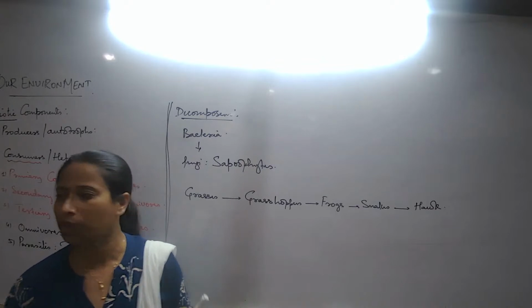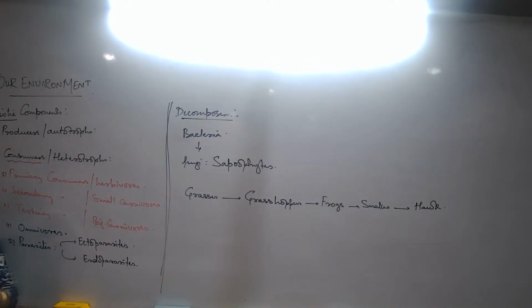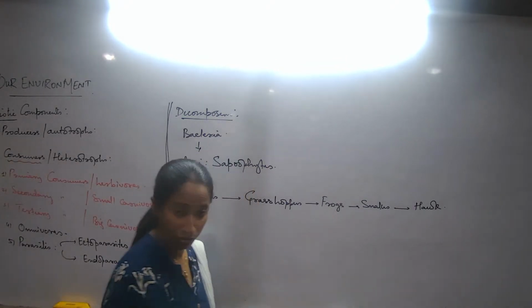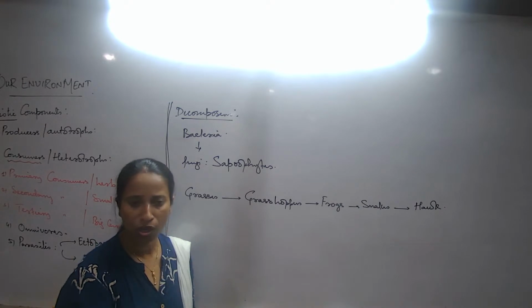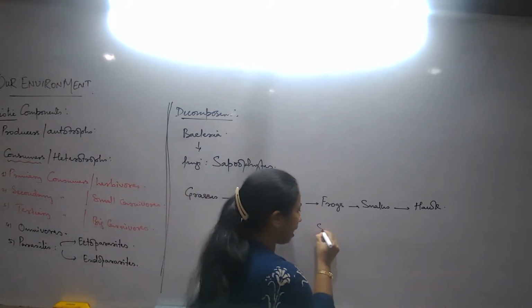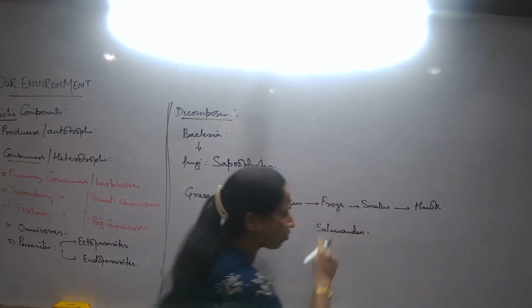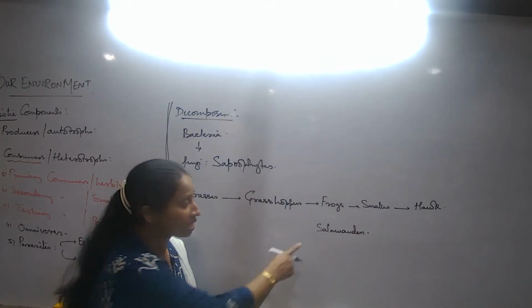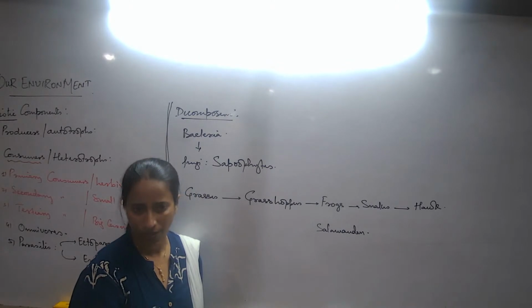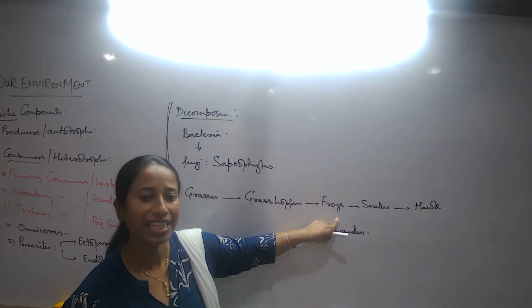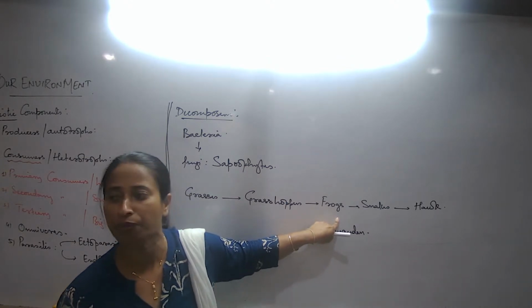What is a food chain? Are we only talking about the complexity? No, we are talking about what type of organism can feed on another. For example, I know that the frogs, and let me talk about some other group of organisms. Can I write the salamanders here? I know that the salamanders and the frogs are of the same group, but the salamanders never feed on grasshoppers. So now we cannot write any type of organism in any type of food chain.